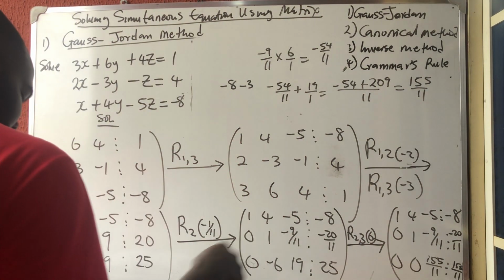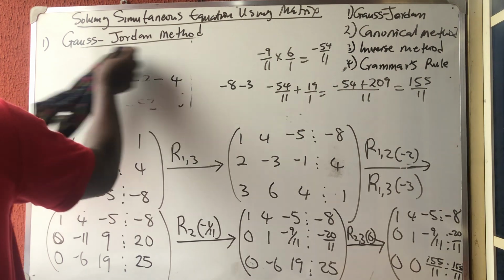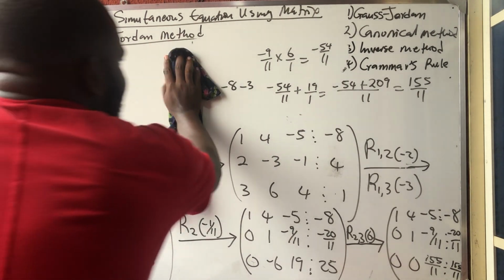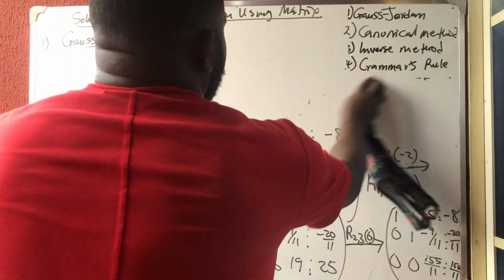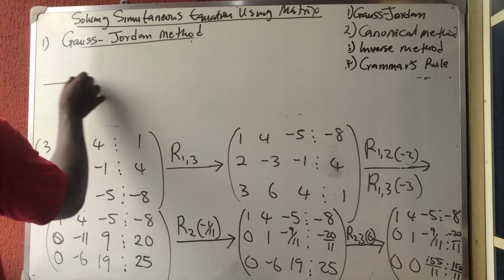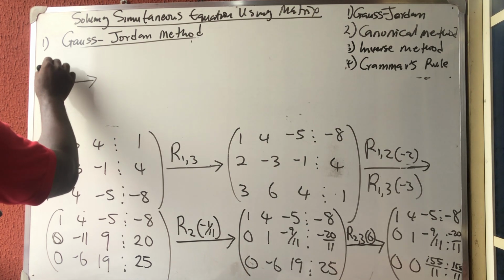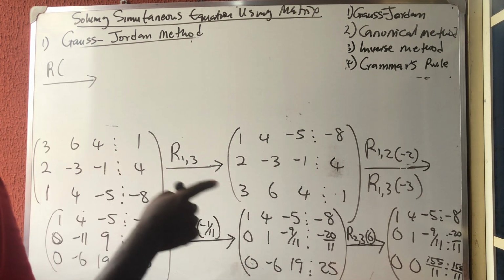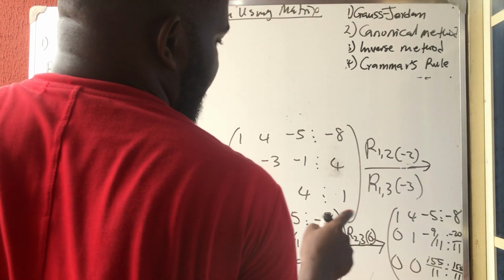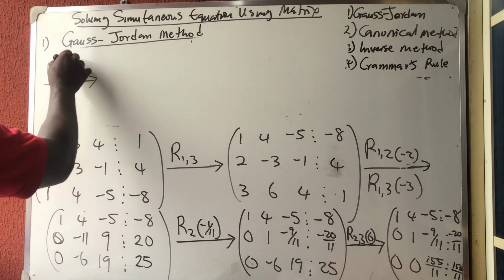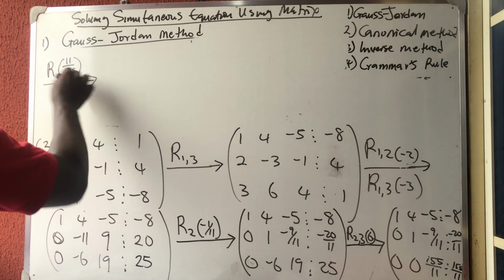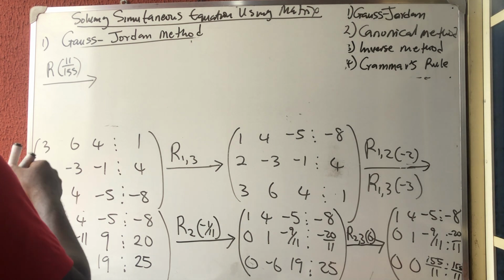And how do you make it 1? You make it 1 by multiplying that row by the inverse. So we will say that row 3 will be multiplied by the inverse. The inverse of 155 over 11 is 11 over 155. That's the inverse. So what do we do now? The answer now becomes